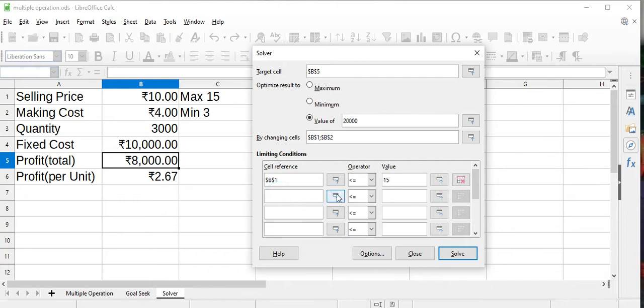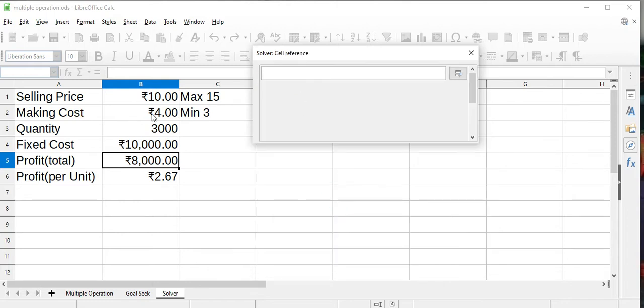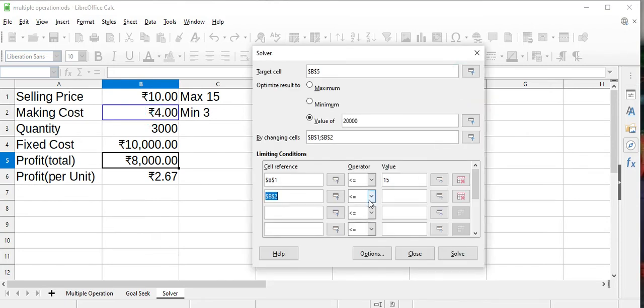The other condition I will keep for making cost: greater and equal 3. Here lesser and equal to 15. Then click OK.